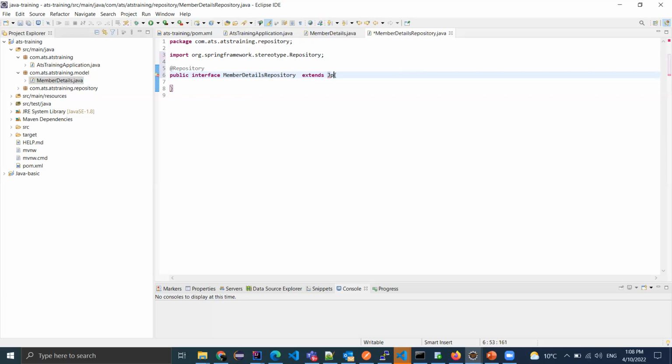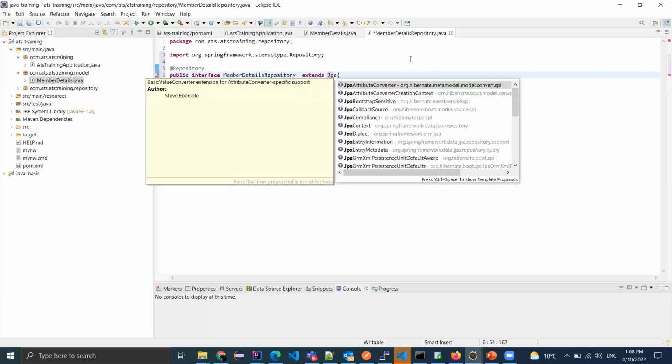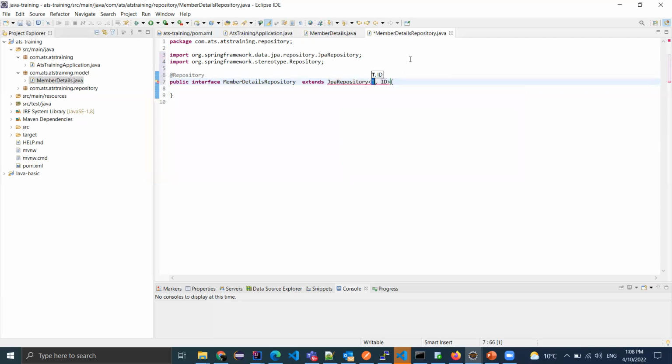That name is JPA repository, and here we have to tell what kind of parameter, for which entity class, we are going to create this repository. So you remember we have created the member details entity. So here we have to write the entity name